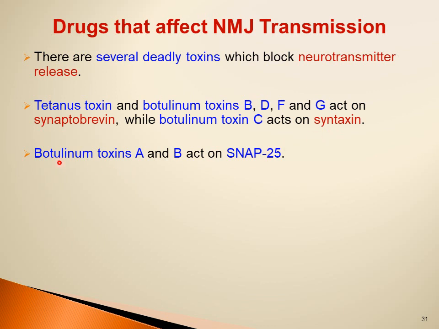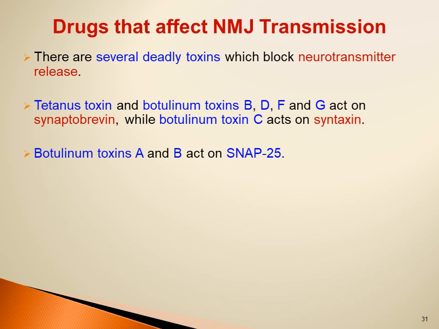On the other hand, botulinum toxin A acts on the SNARE protein SNAP25 that is associated with the presynaptic membrane. All these toxins prevent the exocytosis, or the release, of acetylcholine from the synaptic vesicles into the